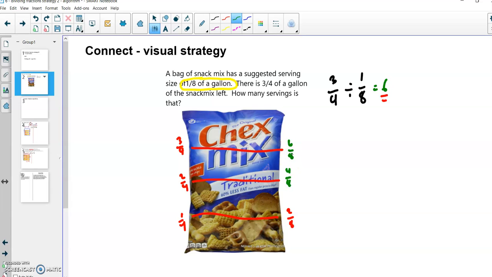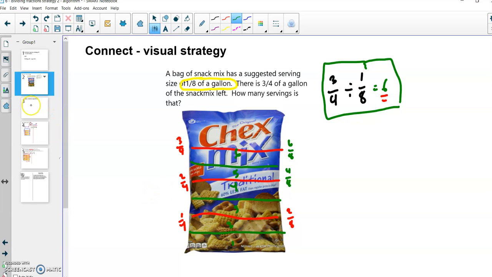And we just used reasoning that we know about fractions and sort of worked it out. And we'd say, well, that's 2/8. There's 1/8, 2/8, 3/8, 4/8, 5/8, 6/8. And we counted 1, 2, 3, 4, 5, 6 servings of Chex Mix. So we knew 3/4 divided by 1/8 equals 6. So that's kind of a long strategy, and it requires you to know precise partitions of fractions. And so I wanted to teach you a second strategy today that is much more just mathy and calculaty,